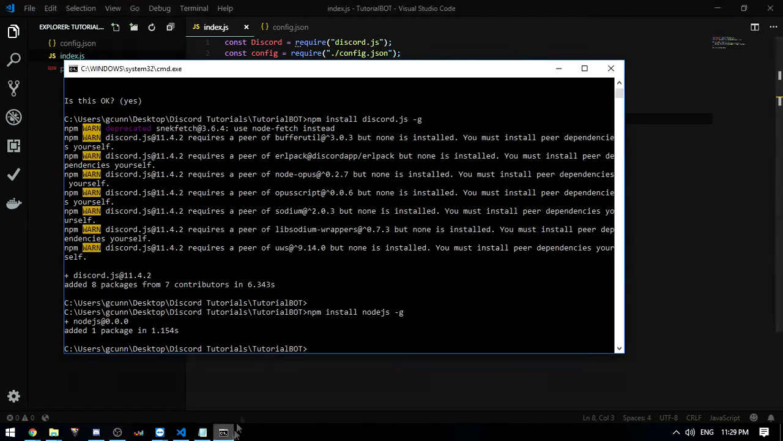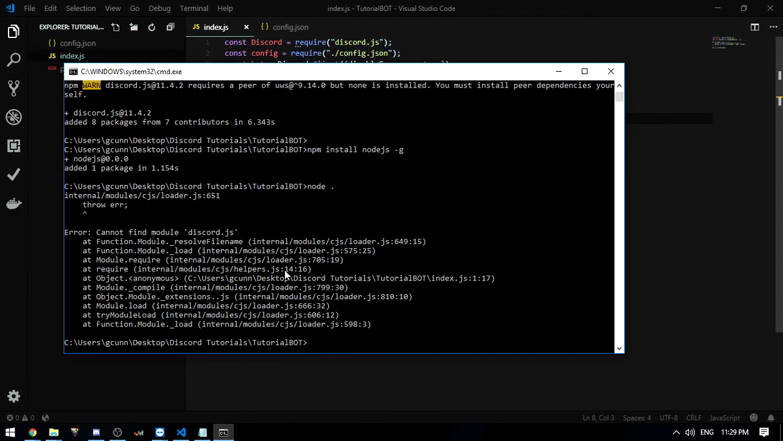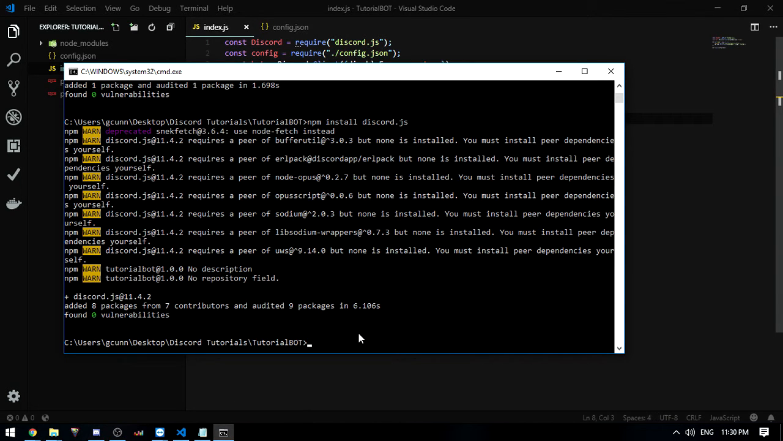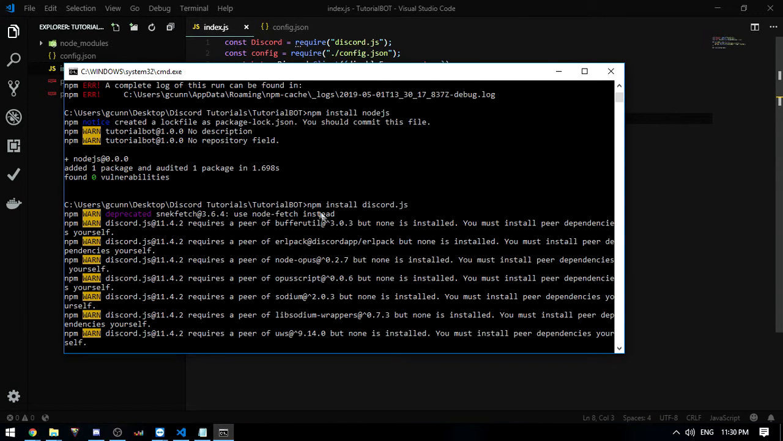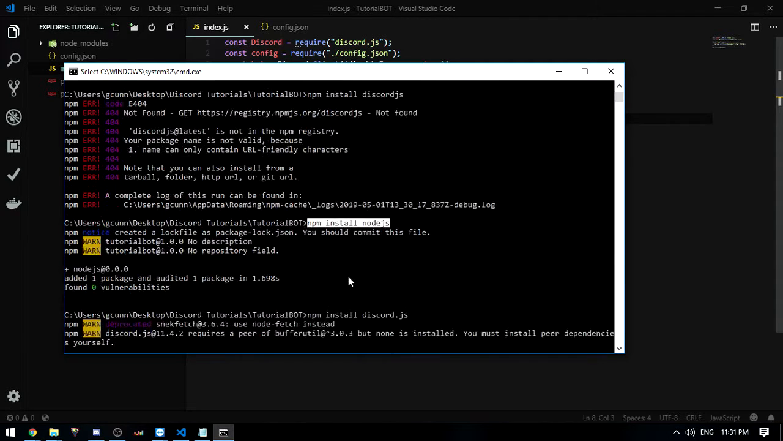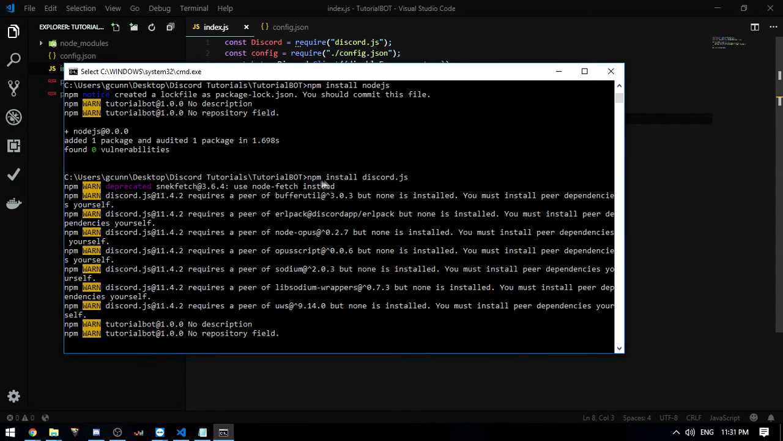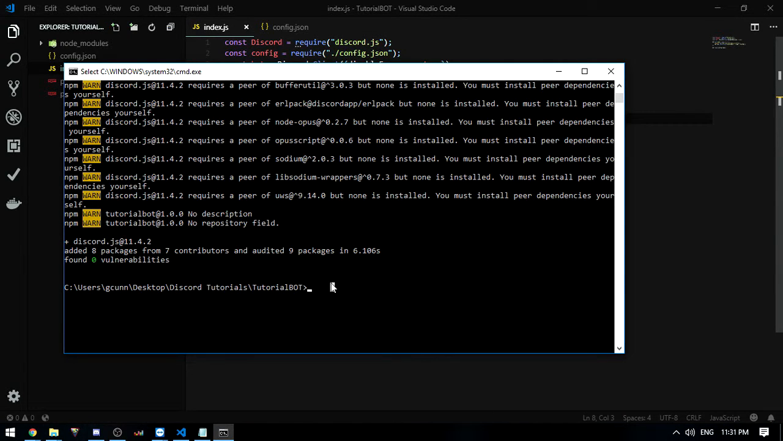So if we head to our CMD now, and if we do node dot, okay, cannot find module discord.js. Okay, so yeah, I kind of stuffed that up there. When you head into your folder, you just want to do npm install node.js. I think it didn't do it properly the first time. Then you want to install discord.js. So now if we run node dot,